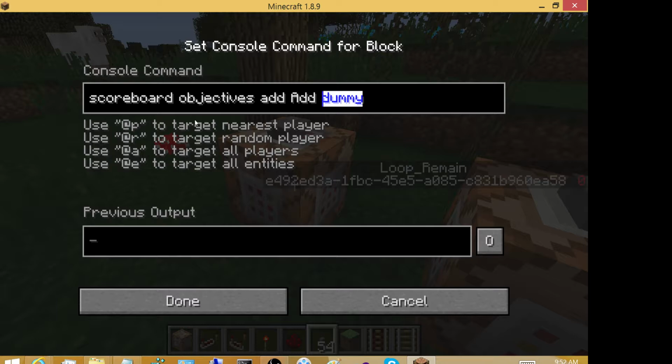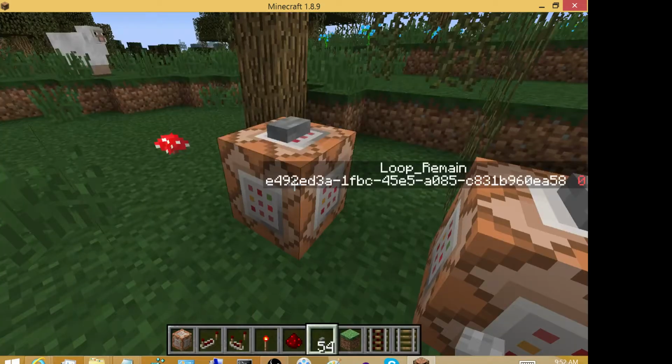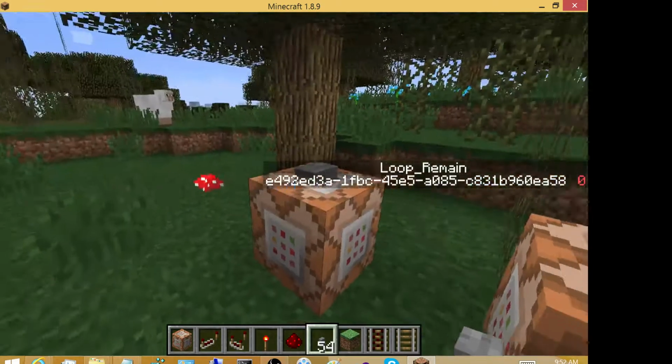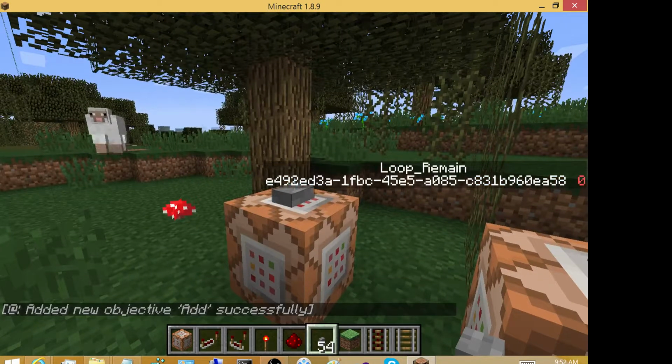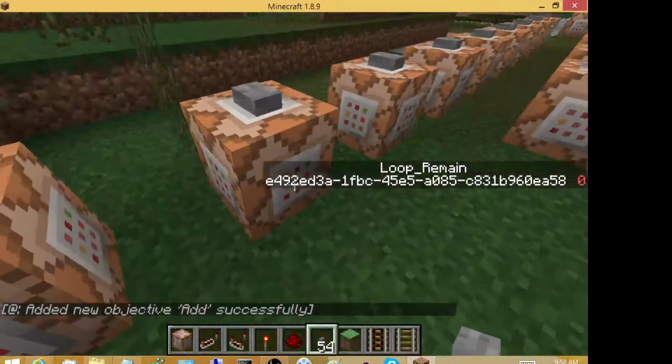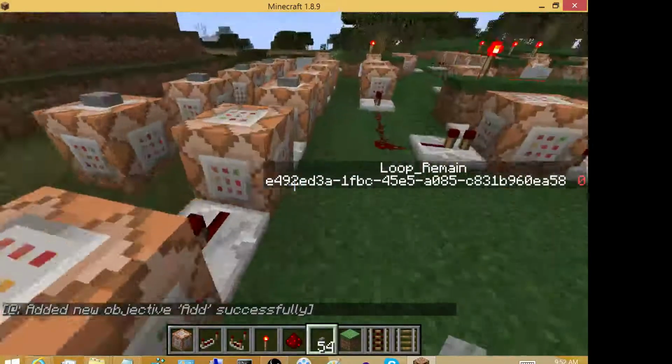That simply means that it is not going to actually use anything like kills or distance as the value that's placed into our variable add, but we are just going to manipulate it within the code itself. Okay, so let's add that objective in, and then we should be set to go